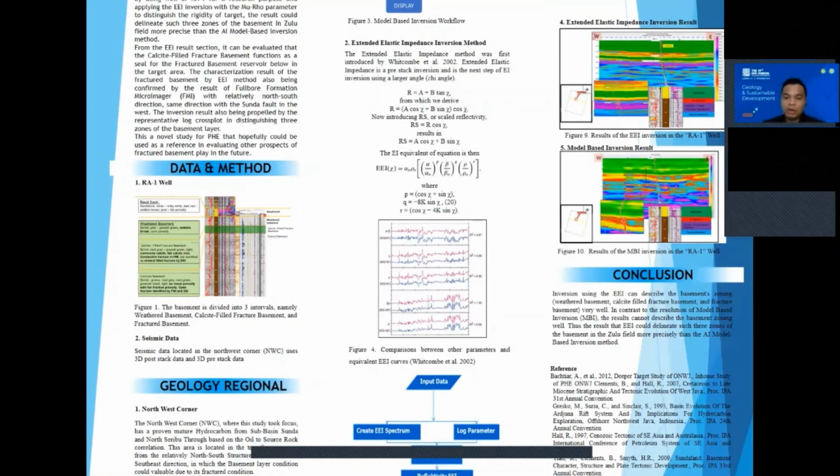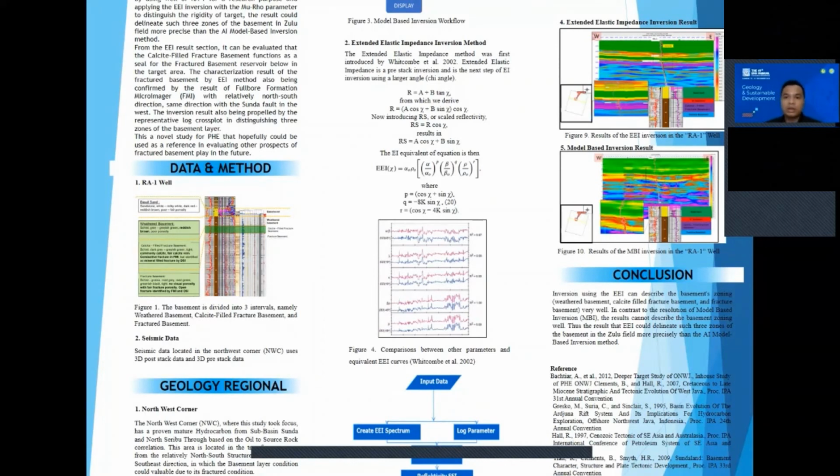Maybe the resolution cannot separate the weathered basement, calcite-filled fracture basement, and fracture basement as extended elastic impedance does. So I think in this research, the extended elastic impedance inversion result is better for interpreting the basement than the model-based inversion result. So the conclusion here: